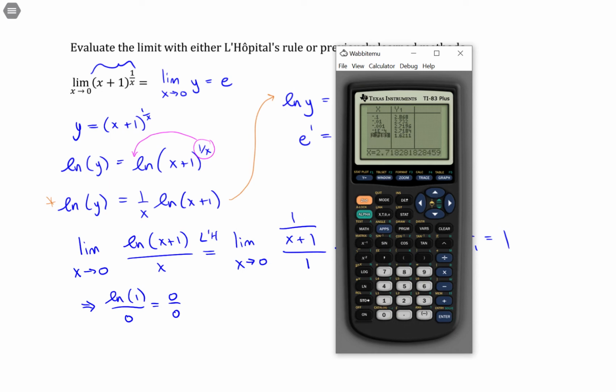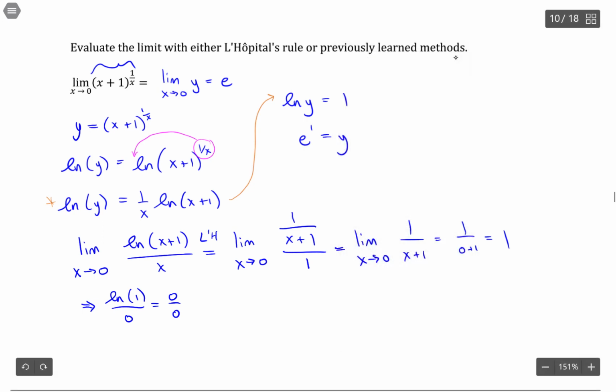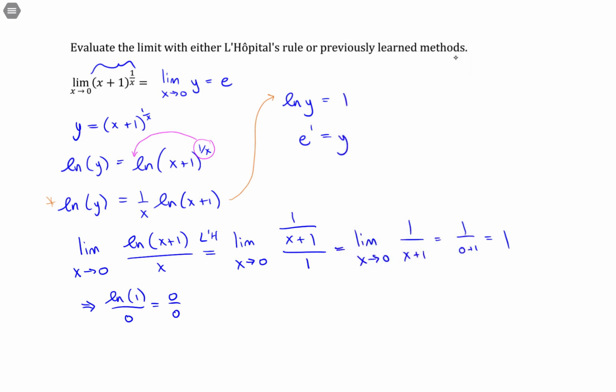All right, so then let's see what happens on the other side. So 0.1, 0.01, 0.001. That's also looking like it's approaching the value e as well. So we have the right idea and the right answer here. This limit is approaching